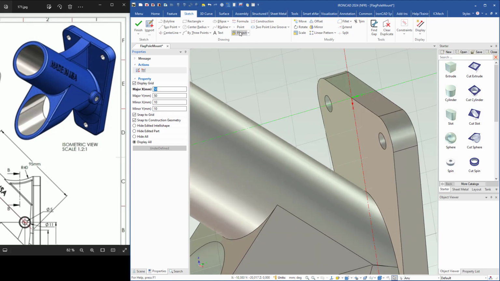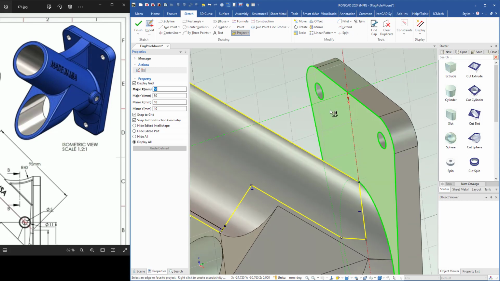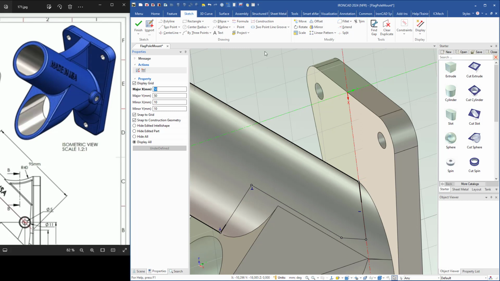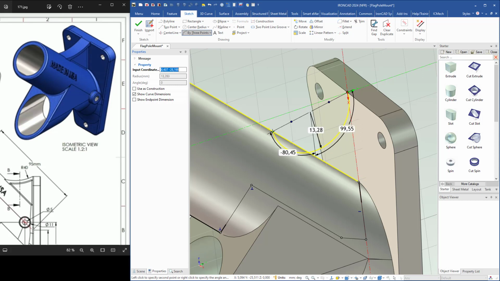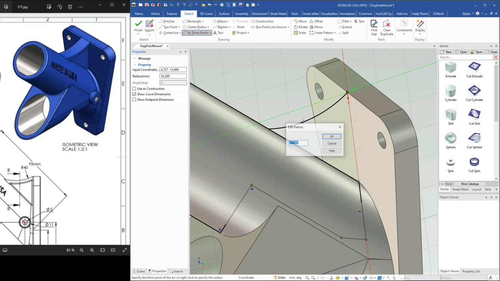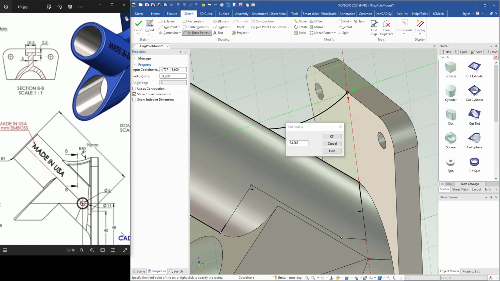Then I come up here to project the cylinder, because I need that to draw an arc here. And then I come up here to choose a 3-point arc, start here at the origin, then try to find a midpoint of this line. We see that there is a yellow point here. So I will click here and then right click, and the radius is 40, so we'll change that to 40,